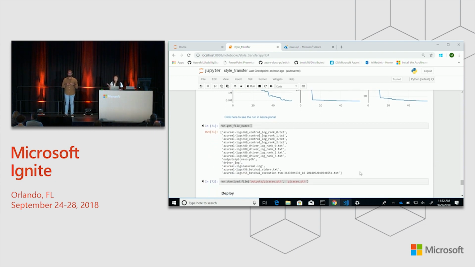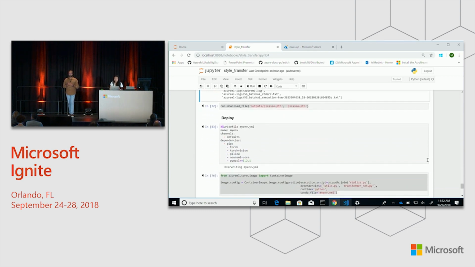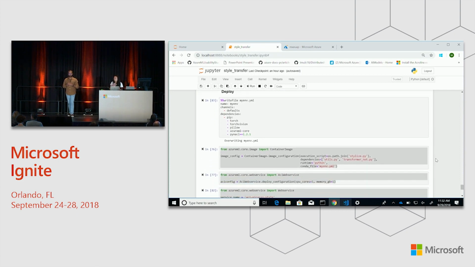So if you look at all of the models that Azure Machine Learning picks up, the one that's important is the one in the outputs folder over here. So this is our PyTorch trained model. And we can easily download that model to our local machine or immediately register it if you want to use it straight for deployment. And to actually deploy a model, it's also really easy to do this from a Jupyter